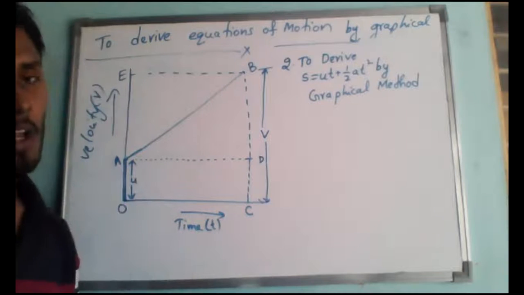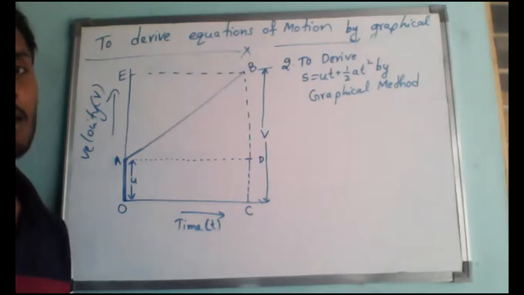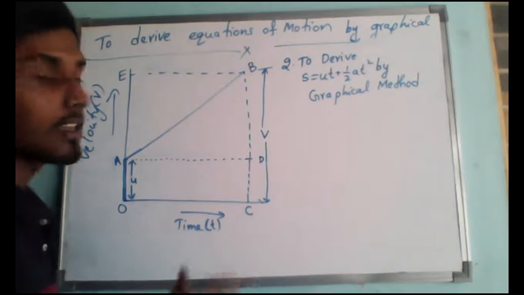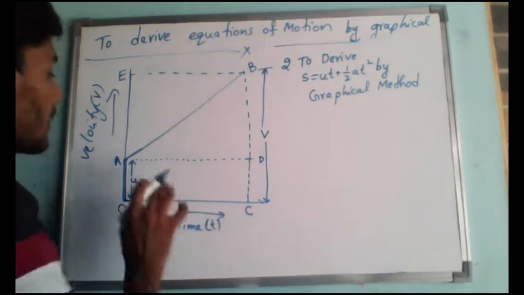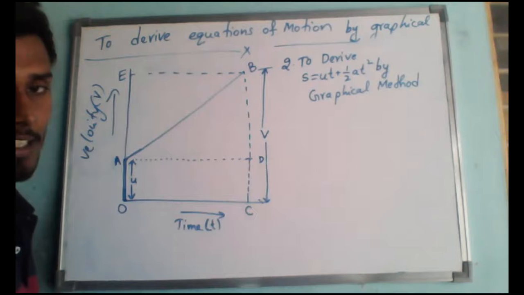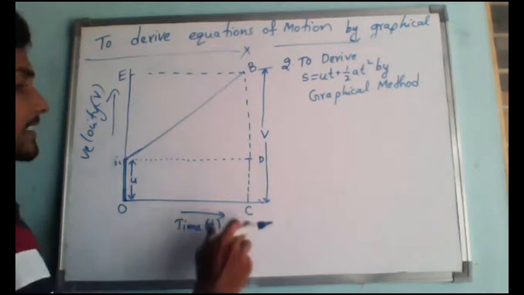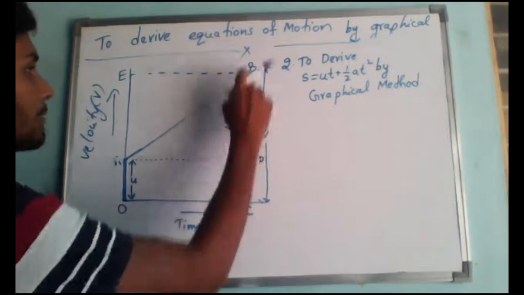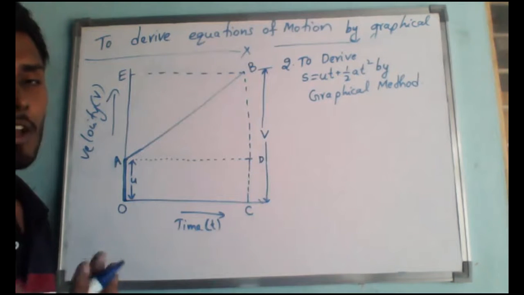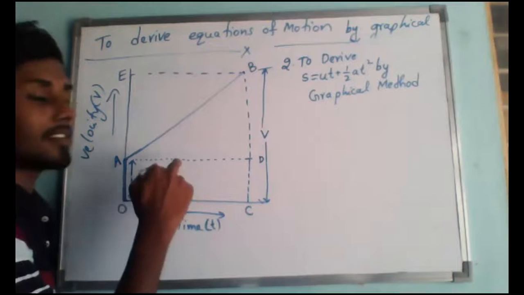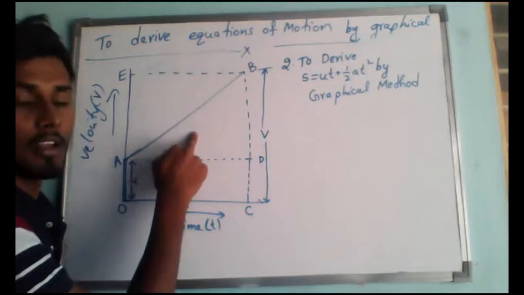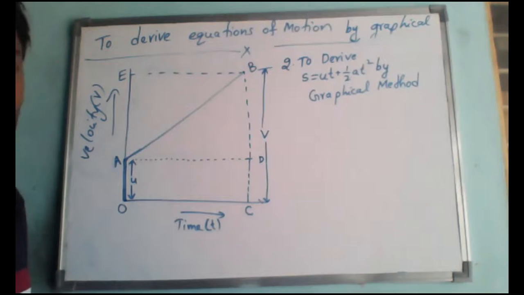Yes, sir. As we know, one simple logic: if you want to derive the second one, it is very, very easy. Just find the area of this rectangle. If you observe here, OACD is one rectangle as well as ABD is one triangle. Is it yes or no? So if we find the area of this rectangle plus the area of this triangle, you will get the answer. That's all. Nothing more.